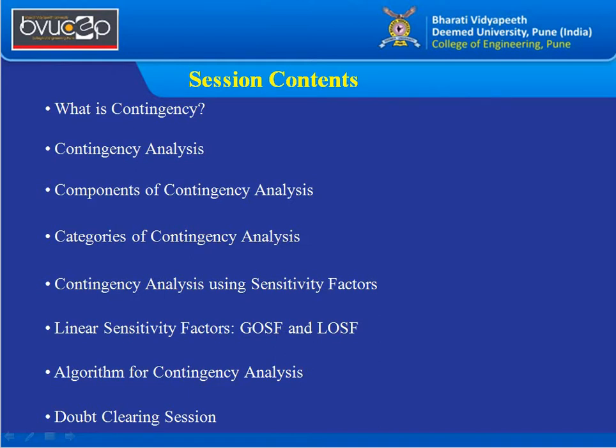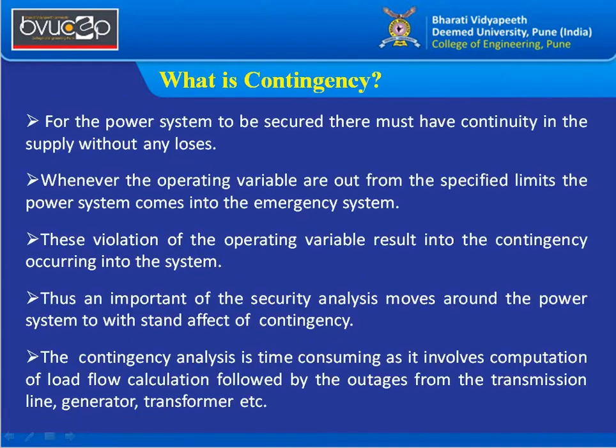So let us go quickly into contingency. We are discussing contingency with respect to power system security. Power system security is very important because the system should continuously supply electricity to the grid with the various interconnected grids, and along with that the system should be reliable. So we focus on security along with reliability. The system should be reliable for a continuous supply of power.